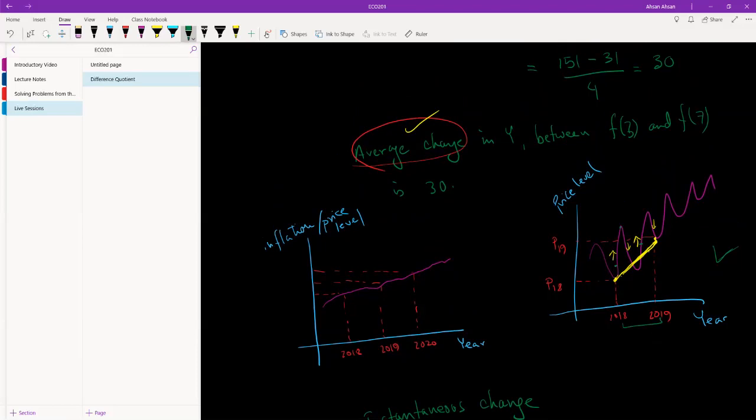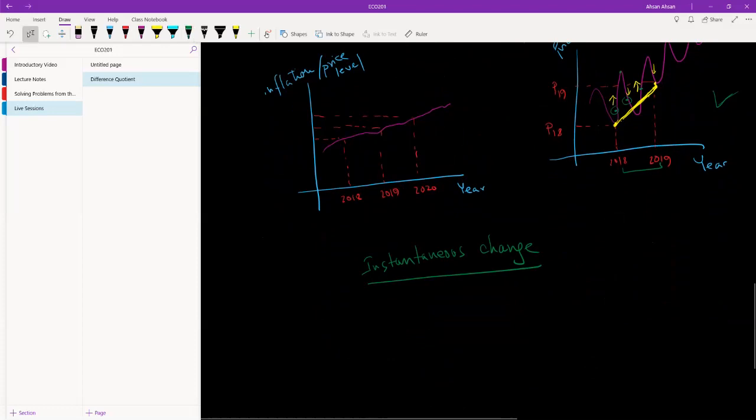Okay? Because at this point, what is the curve doing? It's going up. At this point, what is the curve doing? It's going down. And what we want to be able to do is calculate the rate at which the curve is going up or going down at one specific point, not over a range, because a range will always give us an average value between 2 points. So all we need to do to calculate instantaneous change is, well, this was our formula, change in y divided by change in x,